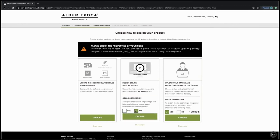Veloce. There's a few different options you can use when you're building your album design. You can do it completely manual. You can use the assistance of AE Veloce, or, and this is one that you might be interested in as well, you can send your album design and your images to a professional album designer in Italy, and they'll do it for you. I have done this option in the past. It's a great way to outsource if you need to